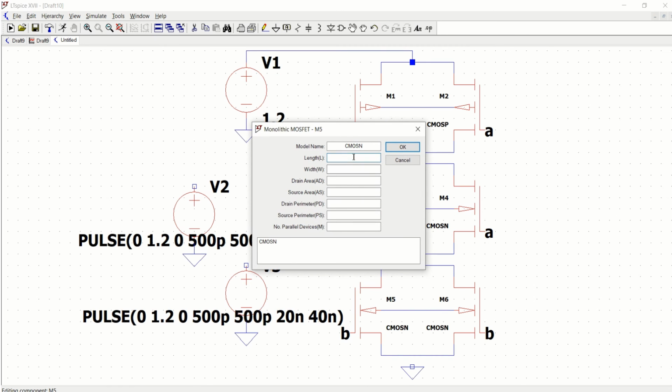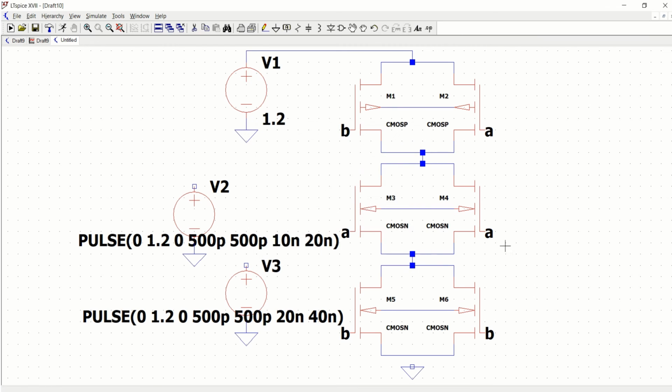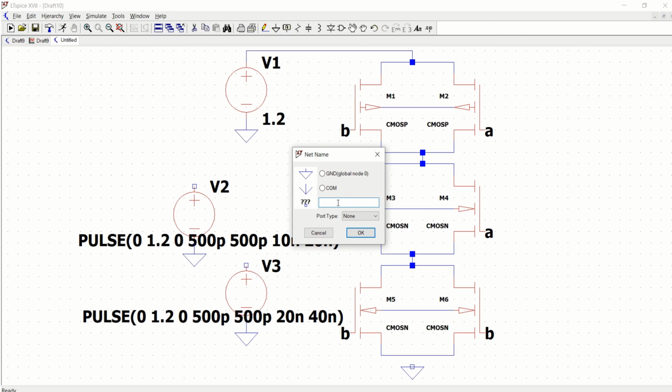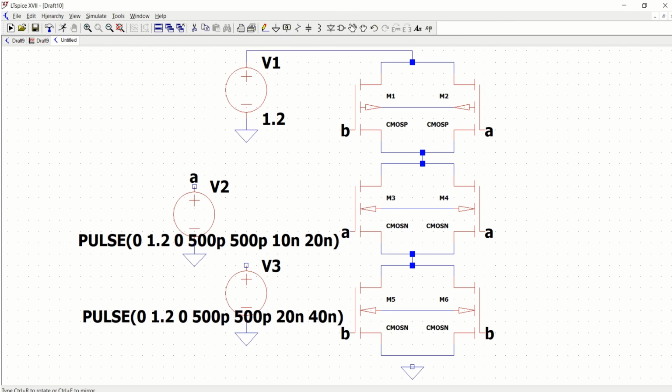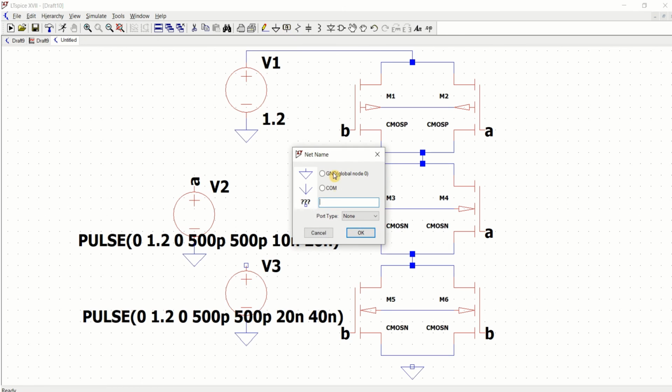This also with 130. Once these are defined, you need to define the inputs. That is, put the label with A and this one with the B.